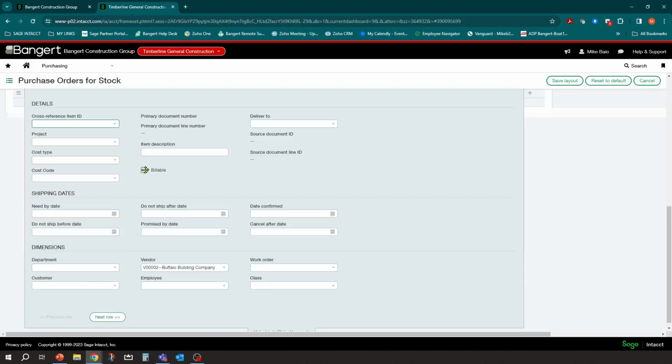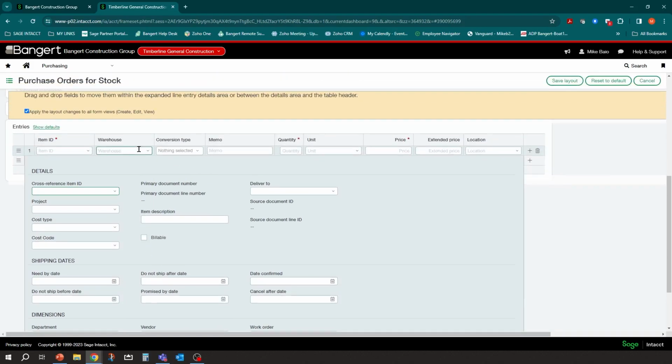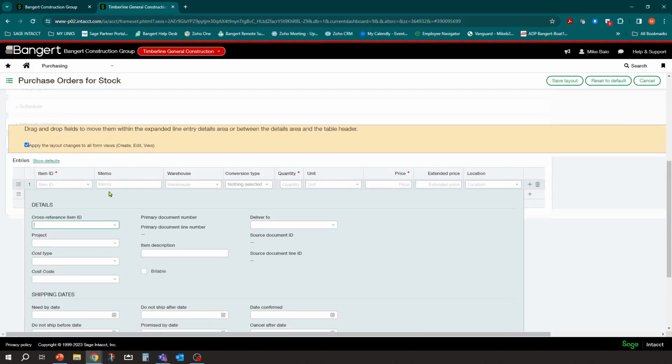Now, if you're doing both in the same view, you want to make sure you leave it on there. But in this scenario, we're not. We're ordering for a warehouse. I specifically want that information. I have a memo field here. Maybe you want to put notes. I'm going to put that before the warehouse selection so you can just drag it around. And I want quantity, unit price, extended price. And I just want to show location, make sure I'm in the right company, that type of thing.